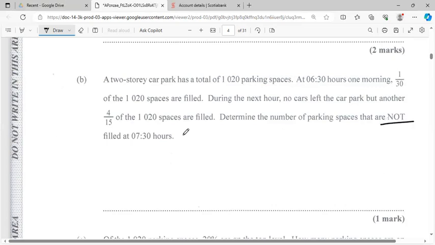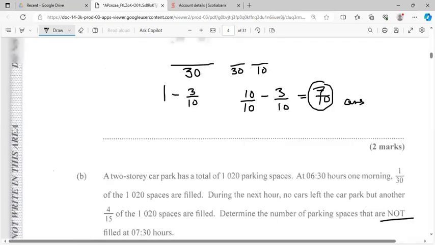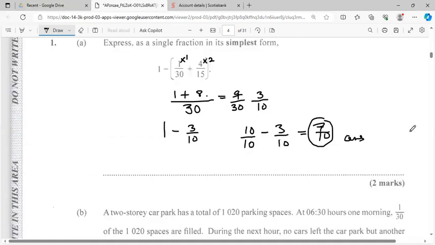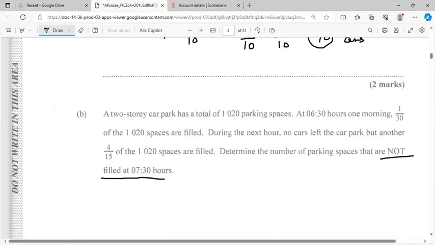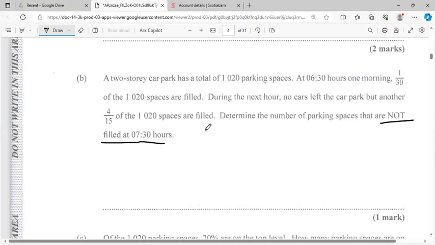So they give us two fractions which are filled, and they want us to find the ones that are not. One way we can do it is to just add the fractions 1/30 and 4/15. I think that's what we did up here. Let me go back up and see if that was the fraction that we added. So that's going to work out to 3 out of 10, but only the inside part is needed. So the inside part works out